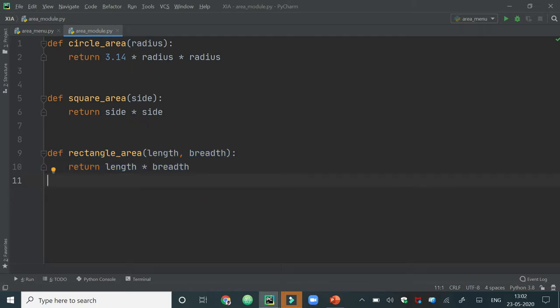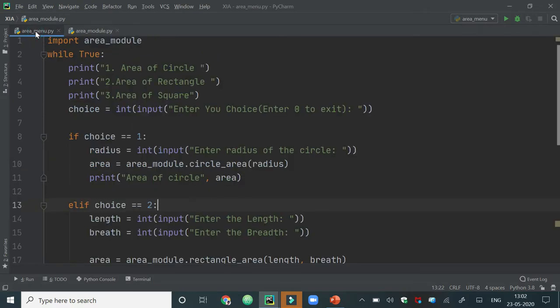And it is also used to categorize according to the similarity and dissimilarity of the functions. So here we have one category of functions to calculate the area of different geometrical shapes.